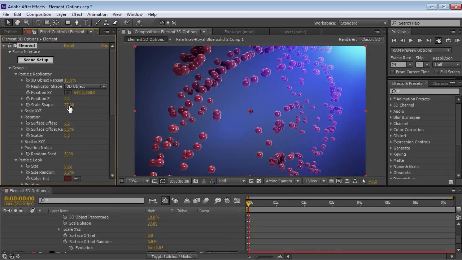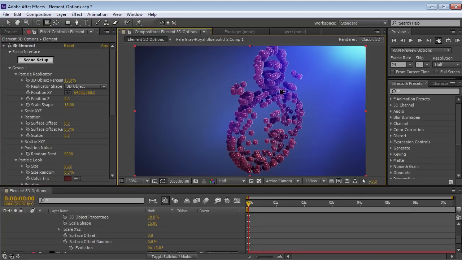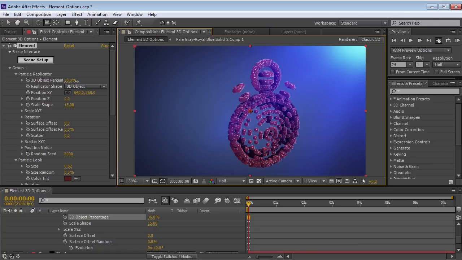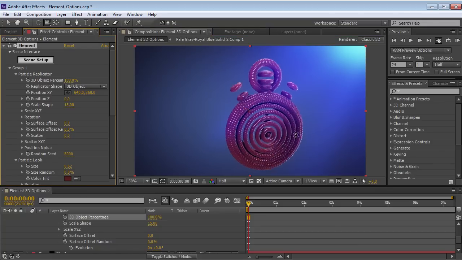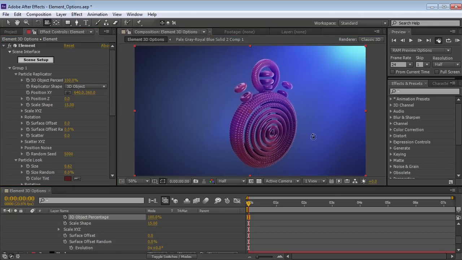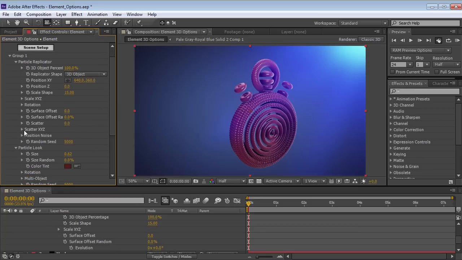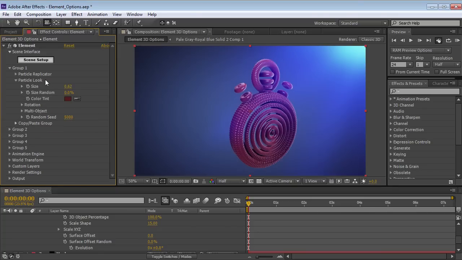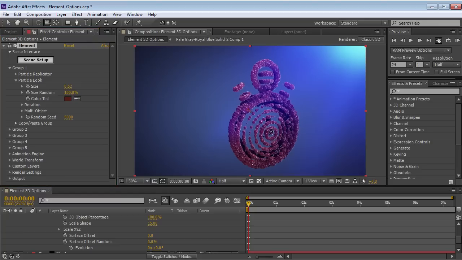All right, so let's scale the shape down a touch. Now, one thing to note is that there's no control over particle count. It uses the object's vertexes, but there is an object percentage. So if we turn this up, we can see the entire object being recreated. Now that that's set up, we can go in and do some of these different things, such as scatter, and that'll move the particles randomly. We can also go into the particle look, and again, we could turn up the size random, and that'll create